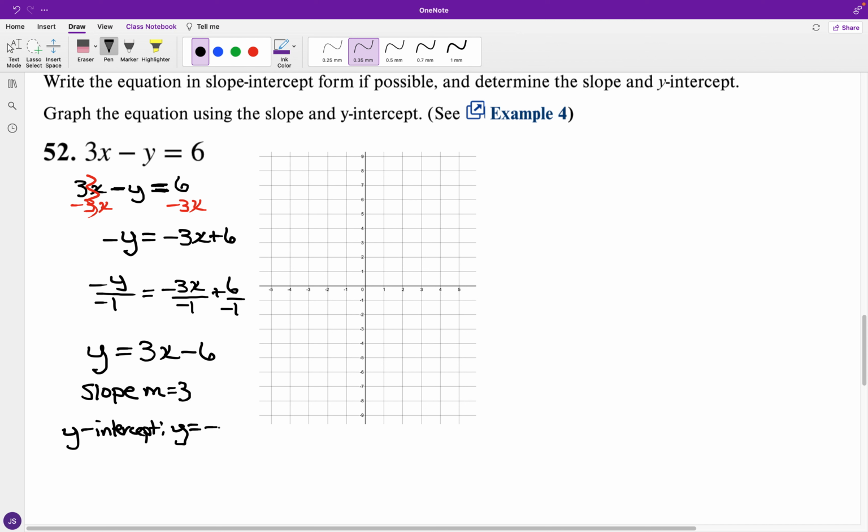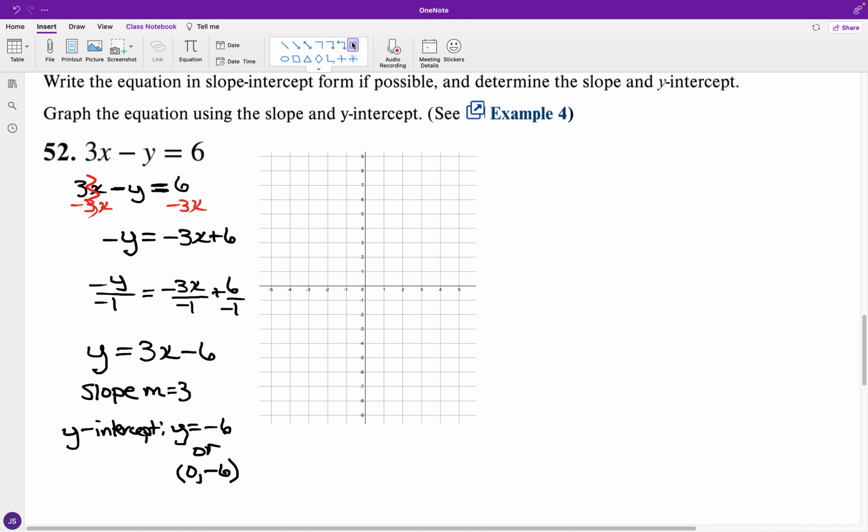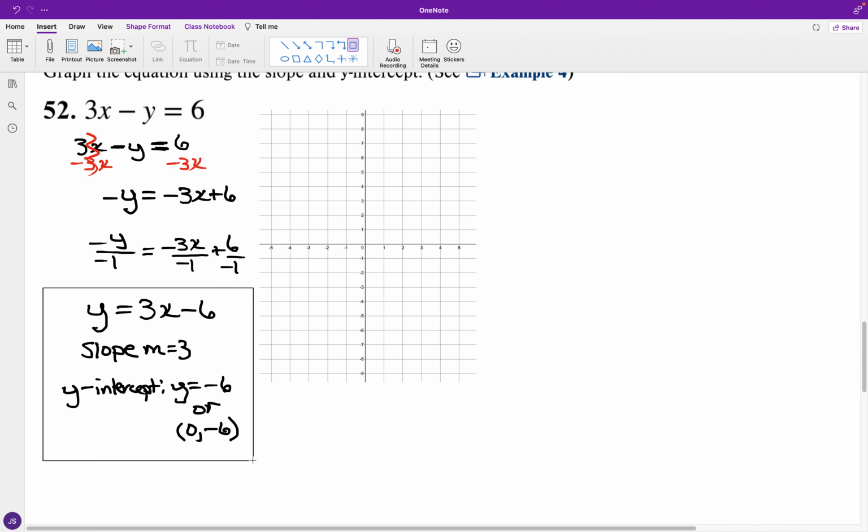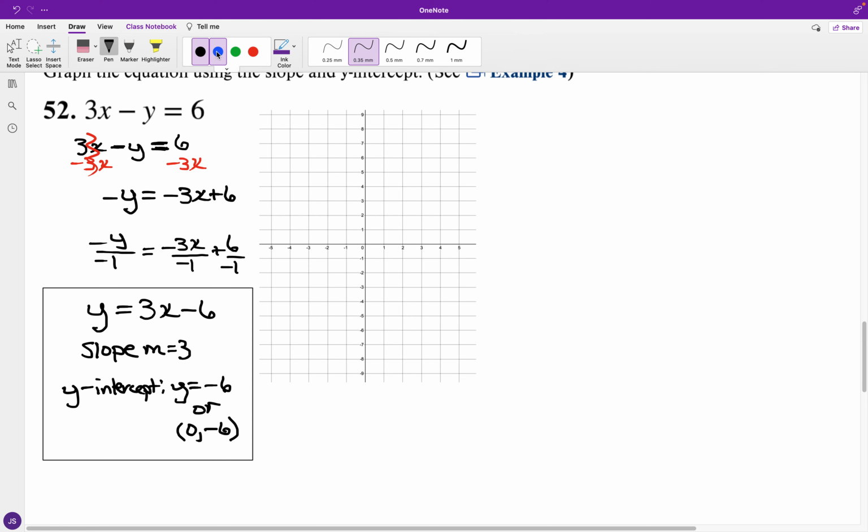So we can say the y-intercept is y equals negative 6, and as an ordered pair, we have 0, negative 6. And for a slope of 3, you're looking at a pattern. Think of a 3-to-1 ratio, where you go up 3 and out to the right